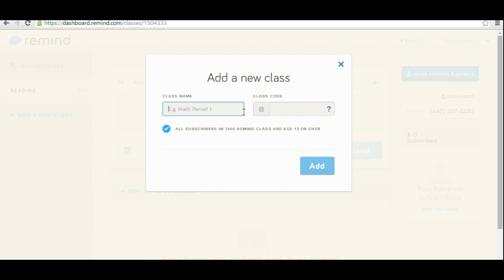They give an example of Math Period 1. You want it to be something, obviously, if you teach the same subject multiple times, that's going to be able to be differentiated in terms of your classes, so you know which one that you're trying to contact, though you are able to also do multiple classes at the same time, which I'll show you in a little bit. So I'm just going to put in Language Arts, and then you need to come up with a class code,